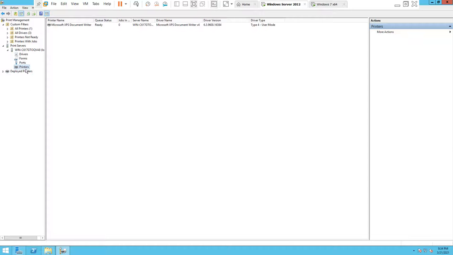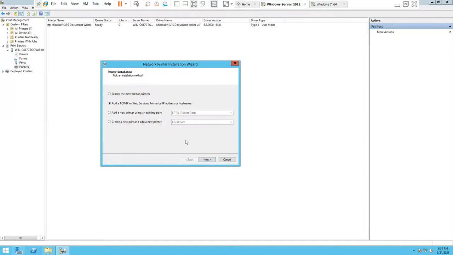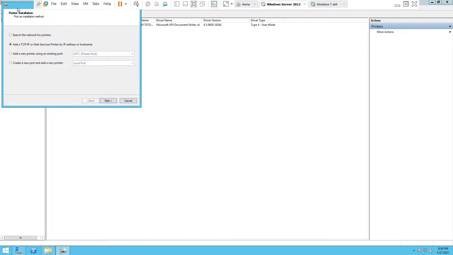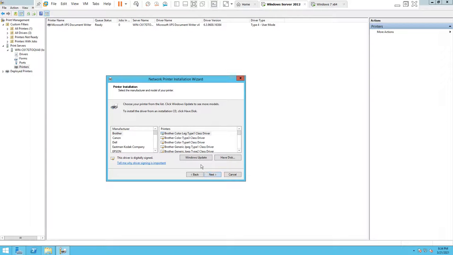Let us select Printers and right click on Add Printer. I am going to do the same again. Right click on Printers, then Add Printer. We are not going to add the printer using an IP address. We are just adding a printer using a line printer port. Then next, install a new driver.